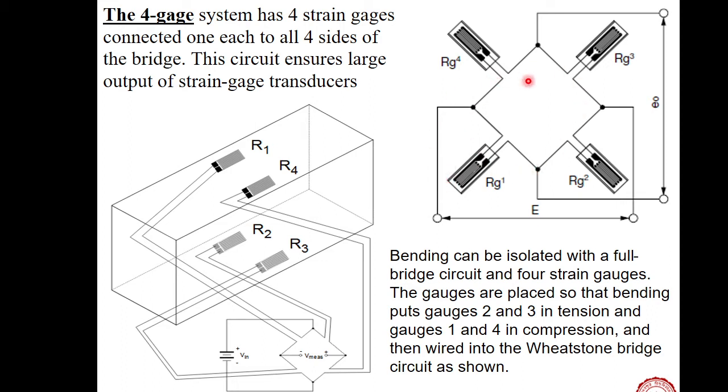And here, this particular configuration is possible when this particular element is under bending, where one of the surfaces, the top surface, is in tension and the bottom surface in compression, or otherwise. In such a case, this is how we have to put these resistances in the arms of the Wheatstone bridge. That is what I was talking about. Two were negative and two were positive.